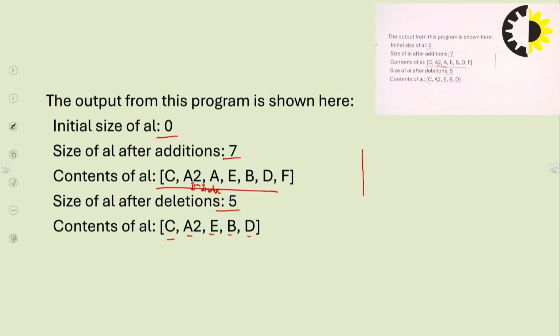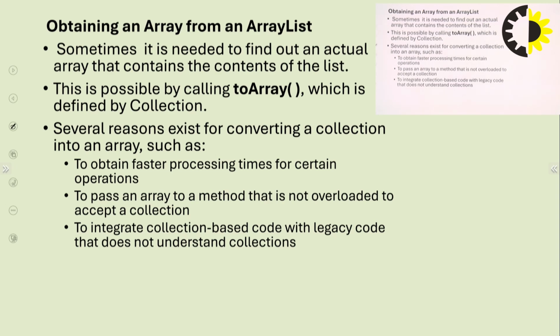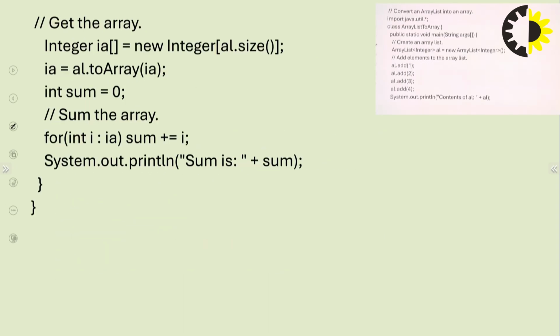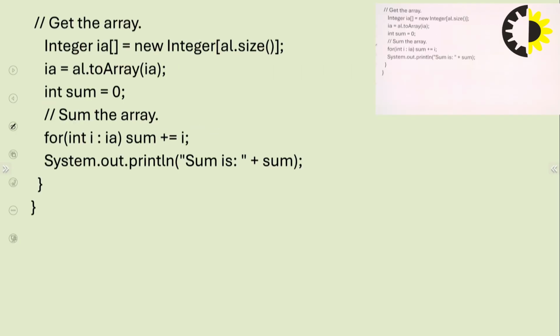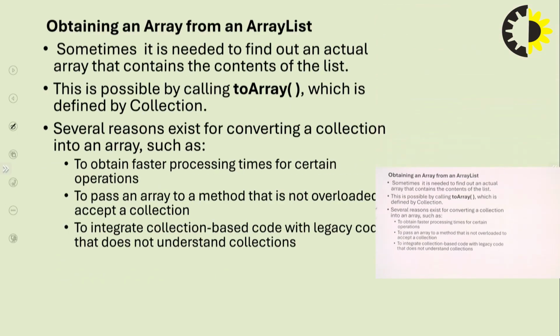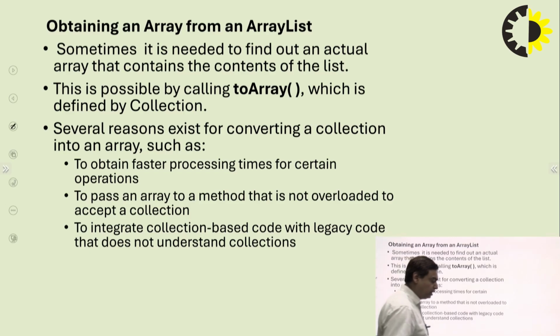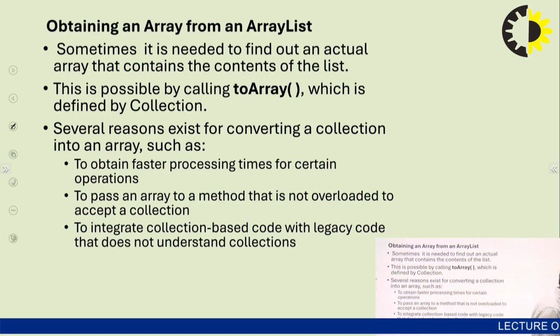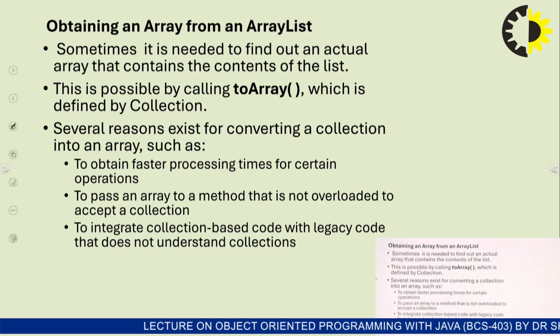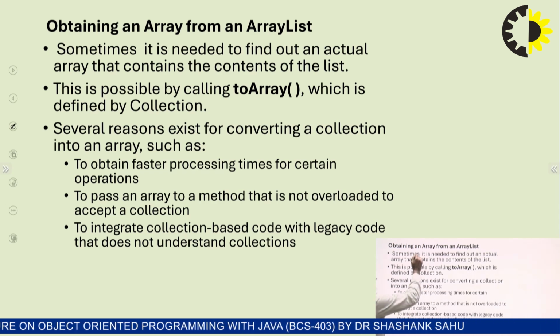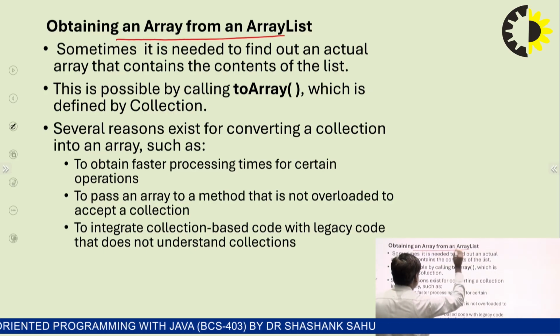Second, I am going to discuss one more example, that is the linked list. Before explaining the linked list, I just have an extension of the array list demonstration. I already discussed that a collection basically consists of elements in terms of objects. Sometimes we need an array which consists of elements of a basic data type like integer or string. So, we can convert the collection into an array. It is possible, and sometimes it is a requirement that we need an array from the array list.